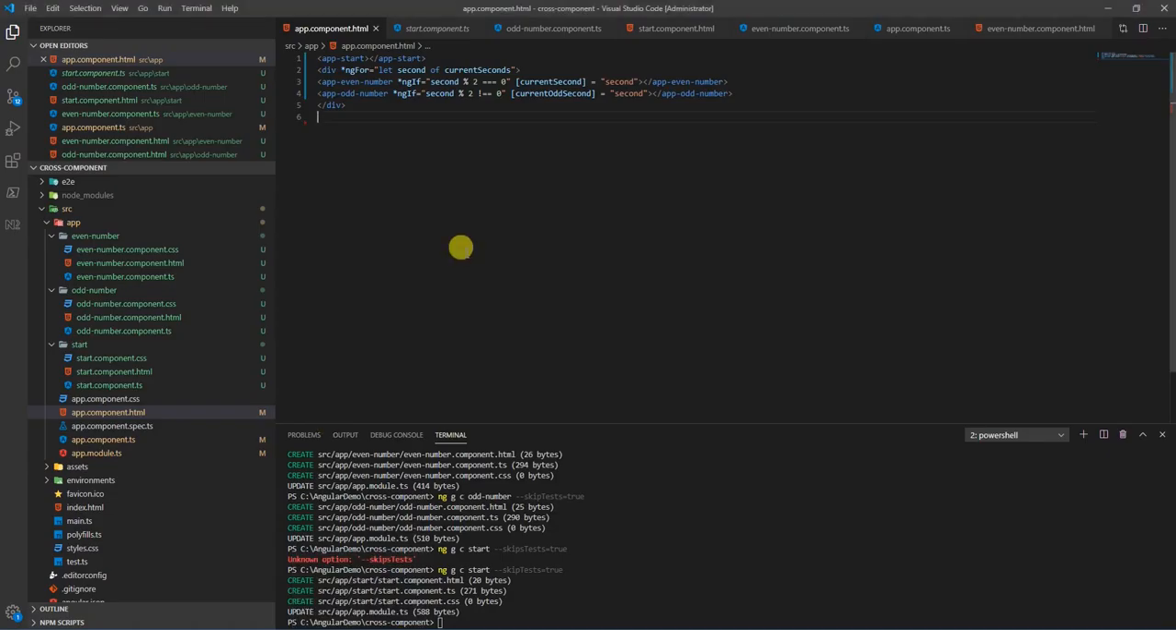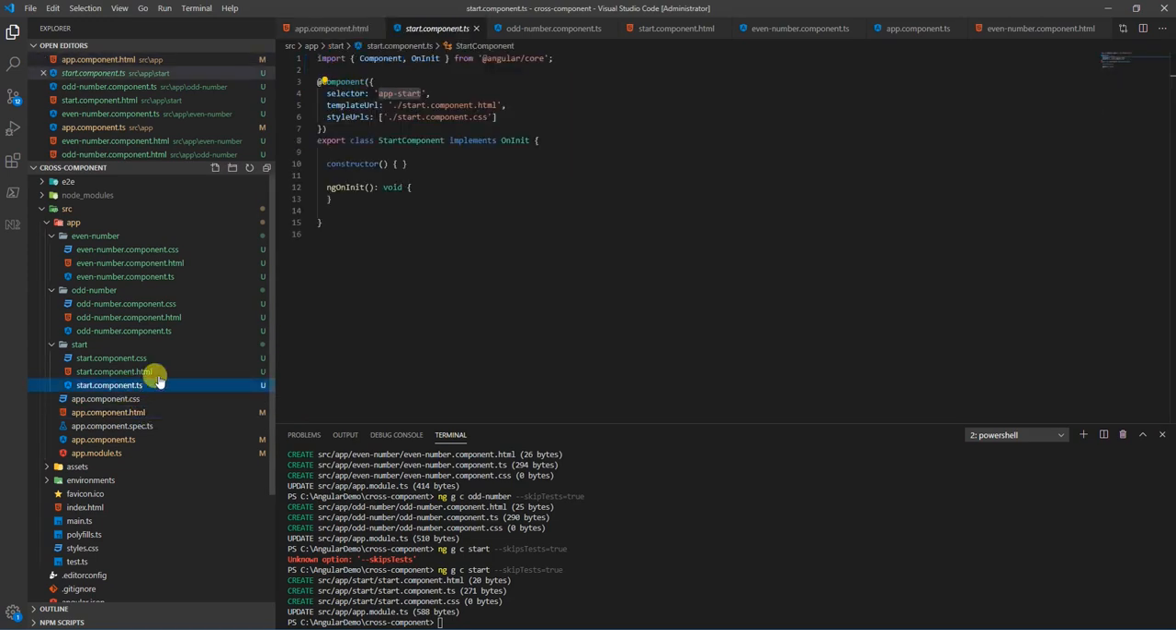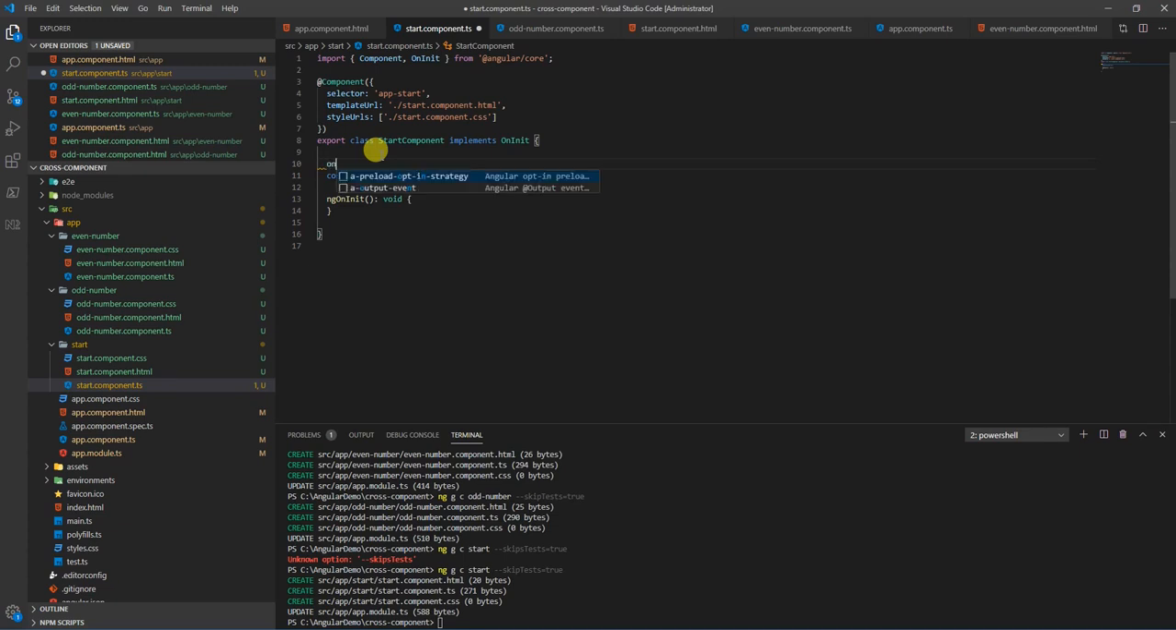Now, as I told, we have to trigger an event outside. Okay, not binding a property or anything. We need to trigger an event to outside. For that, let me go to the start component TS. Here we can again create another property. Okay, let's call it property now, but that'll change in some time. Let's say onStart